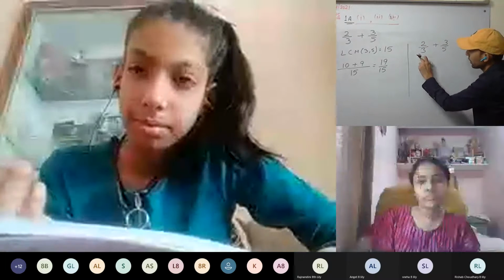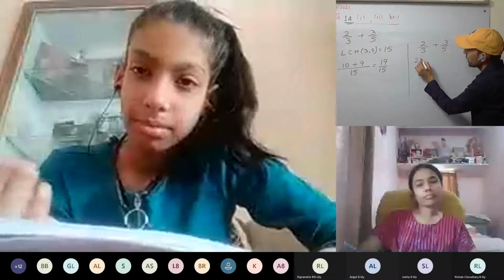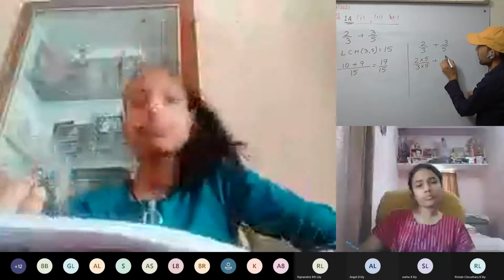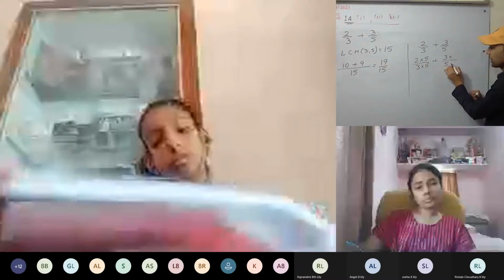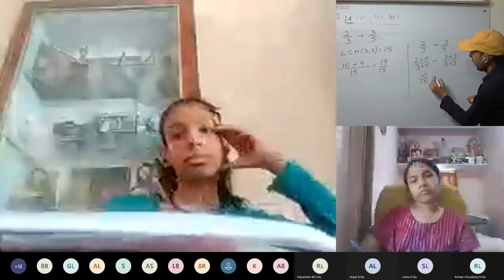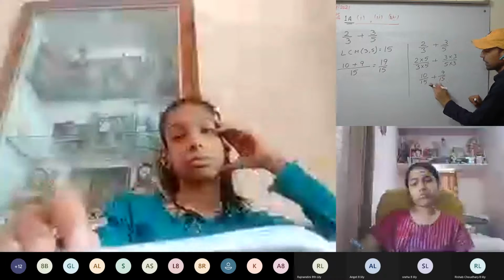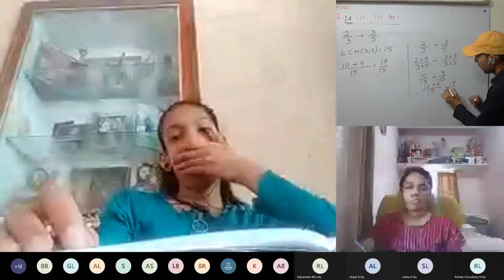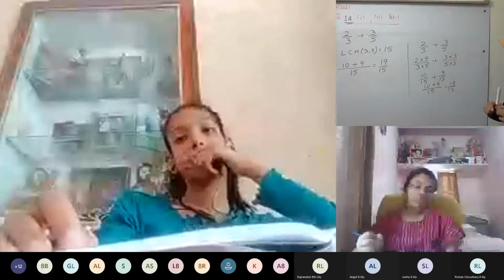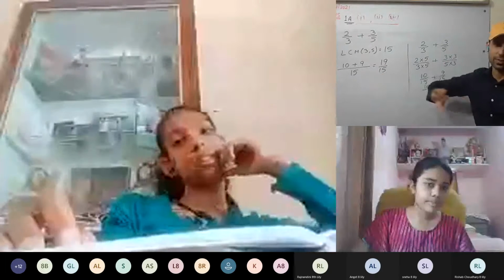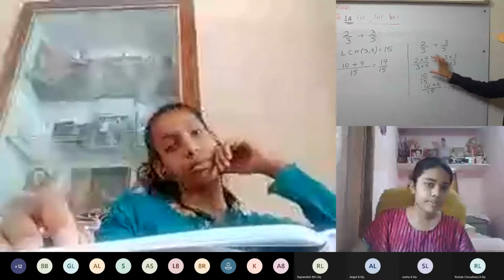The other method is here 2 by 3 plus 3 upon 5. Now the denominator we have to make 15. So here we multiply with 5, 3 into 5, plus here the denominator we have to make 15, we multiply with 3. So numerator this way, 2 5s are 10 upon 15 plus 9 upon 15. We made the denominator same. We can write 15, 10 plus 9, 19 upon 15. You can use any method, but I prefer this one. Now we have grown up, so we can use this one. Directly we can avoid this step.